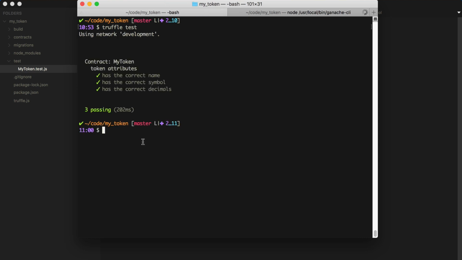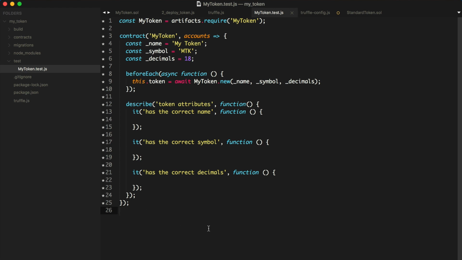All right, no, I didn't forget anything. So, I mean, it says these tests are passing, but there's really nothing inside these examples. I just wanted to make sure that we kind of wired everything up correctly. So let's actually fill these in. So what I can do is, first